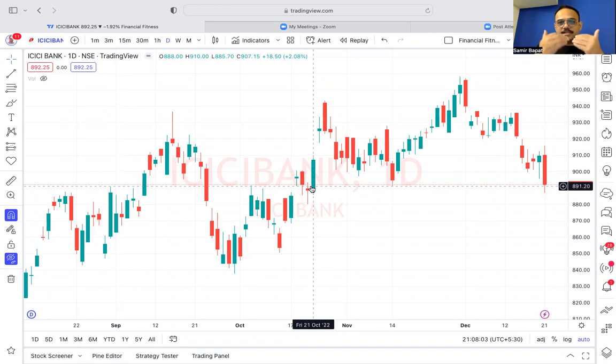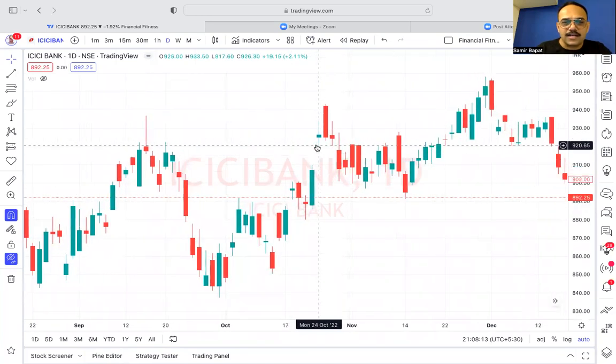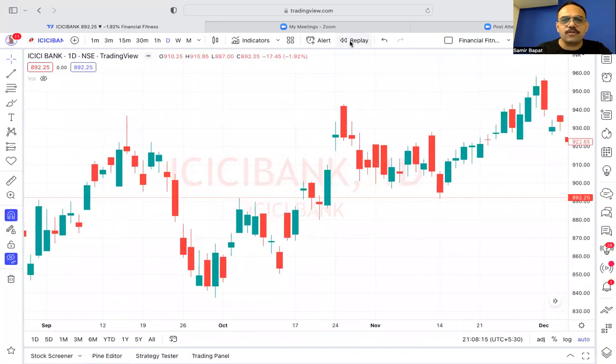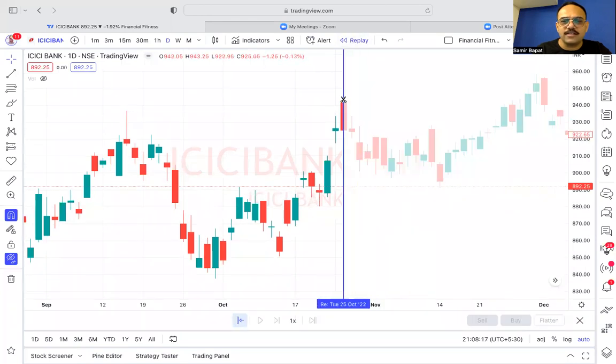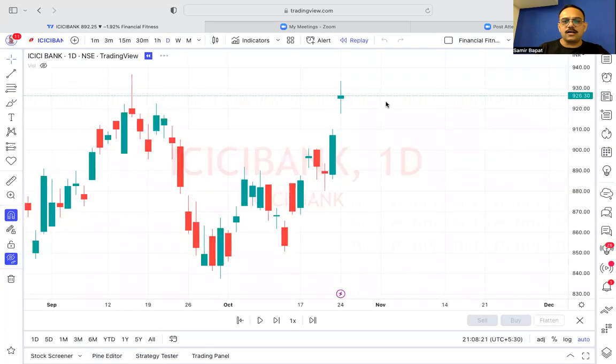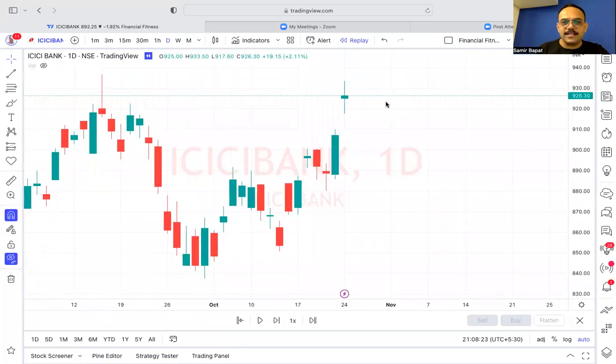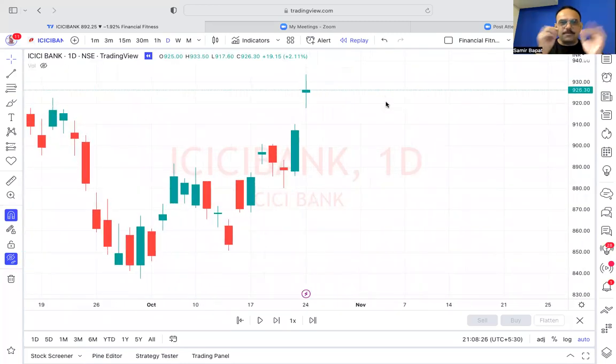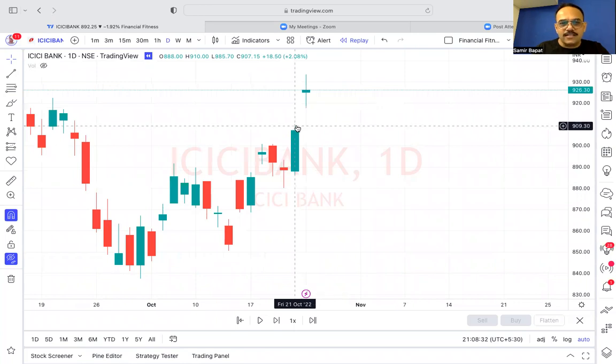So the Japanese give lots of importance to the gaps. They pay very special attention to the gaps, and I'll tell you why. Now, first let's understand what is a gap. For that, I will just cut it here so that we are not distracted by anything other. As per the traditional candlestick pattern, as you can see, this is the high